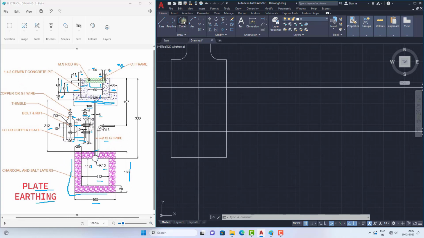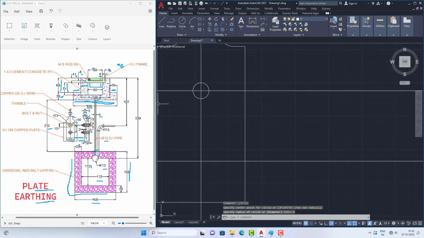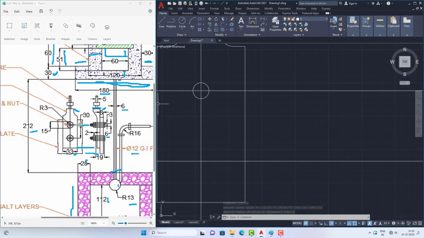So for that I am selecting this polygon command. So enter the number of sides 6 and press enter. Selecting this as the center of the polygon, and I need this inscribed only, press enter, and just give the value of radius here. So the distance of this one is 12, it has given. So the radius is